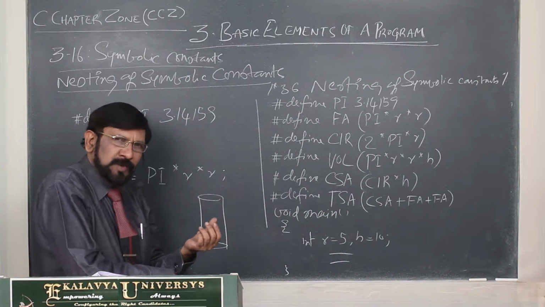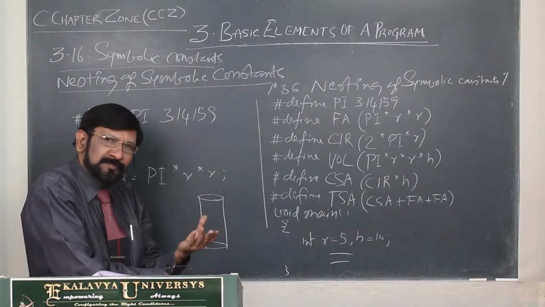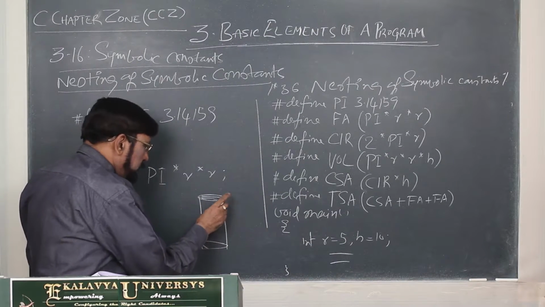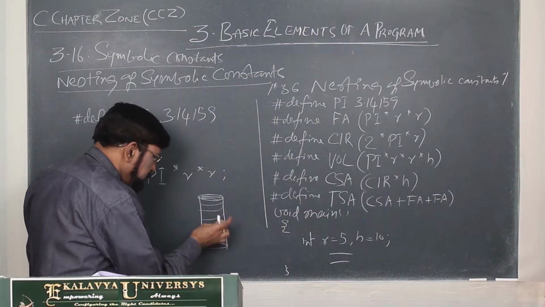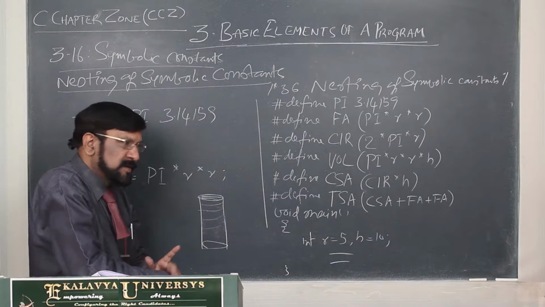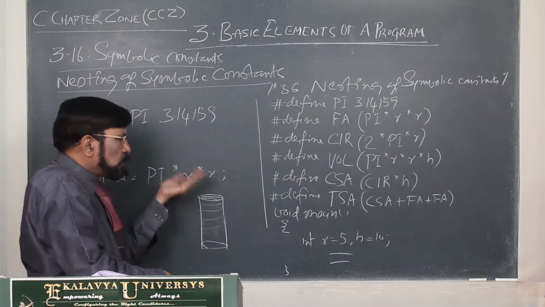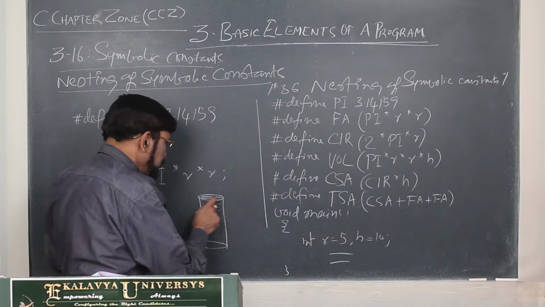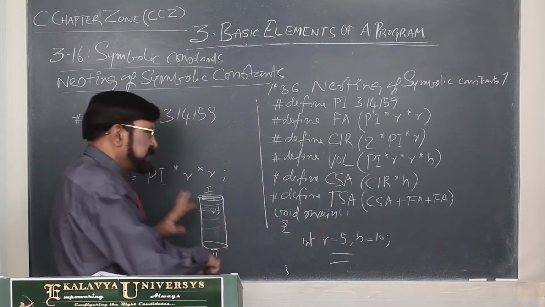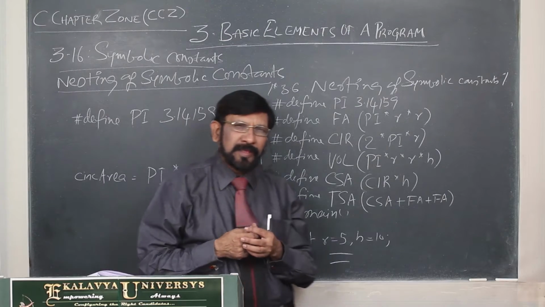Now you must know the formulas, and what the elements regarding a cylinder are. Face area means this, and curved surface area, CSA, means the circular surface of that. And total surface area means CSA plus one face area plus another face area. These things you must understand. And if you go deeper, how a circle is formed,